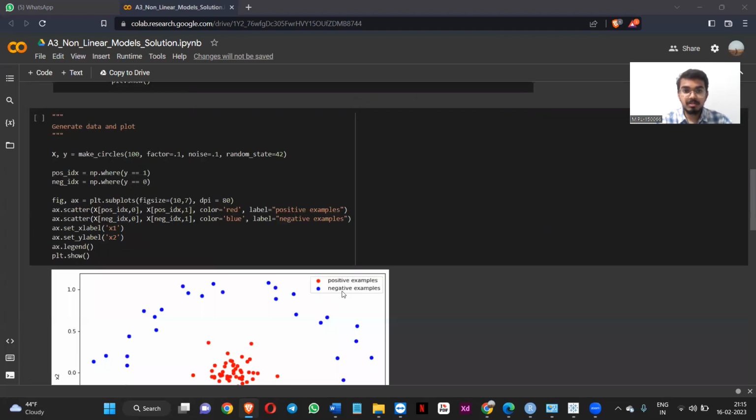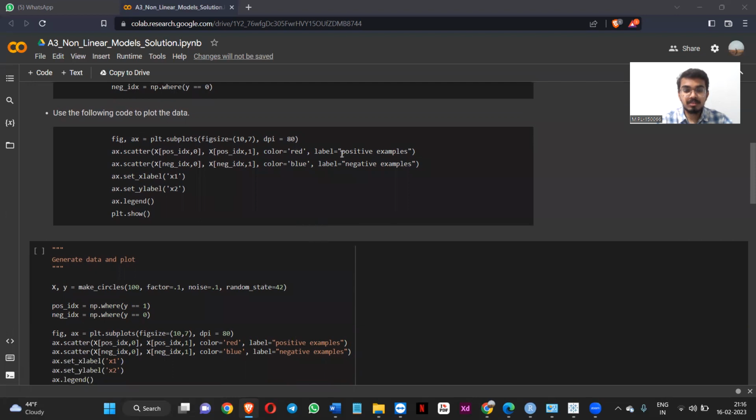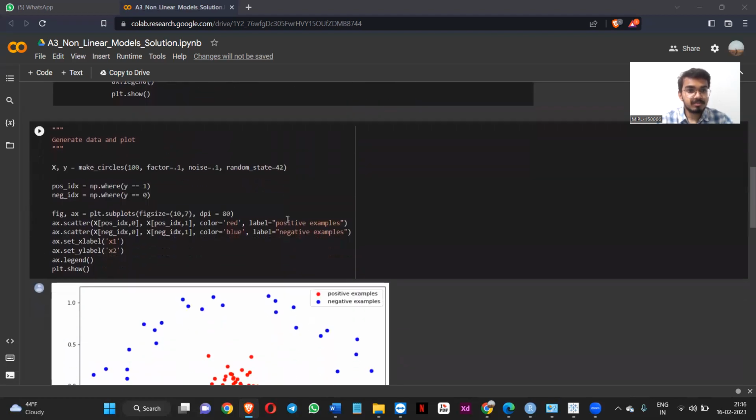For the labeling we use red and blue colors. We are giving red for the positive values, and for the negative values we are giving blue. So red we assume as positive examples, and the blue one we denote as negative examples. For the visualization we label x1 for the positive values and x2 for the negative values. And after plotting,